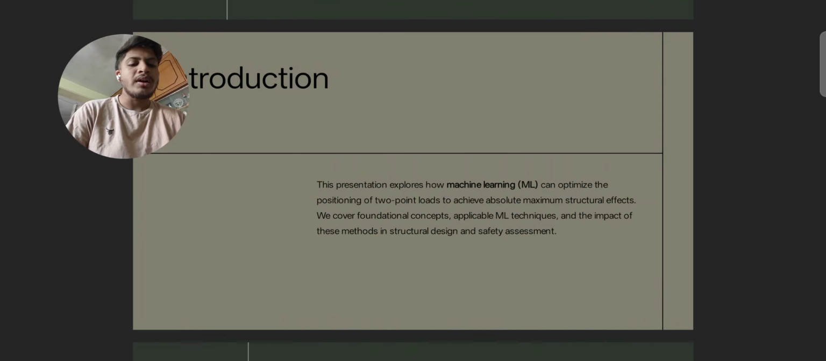A two-point load system is a simplified model often used to represent concentrated loads, such as the wheels of a vehicle or two heavy equipment points. Determining the absolute maximum bending moment, shear force, or deflection requires careful consideration of how these loads